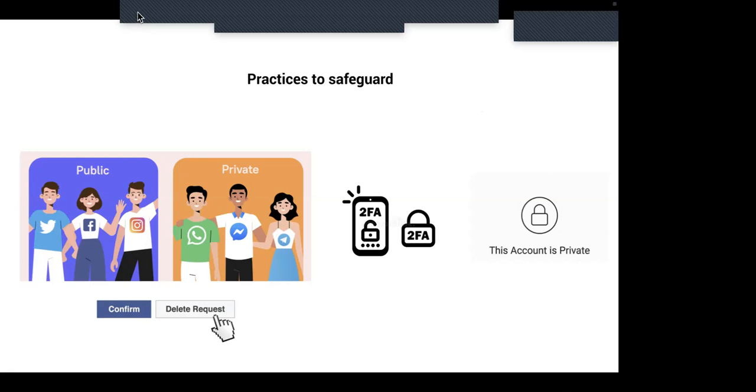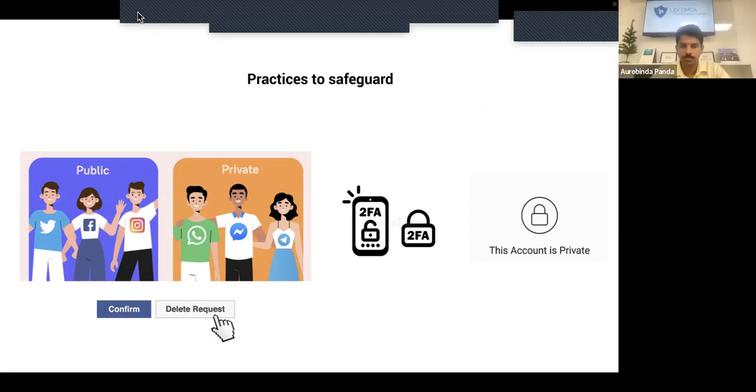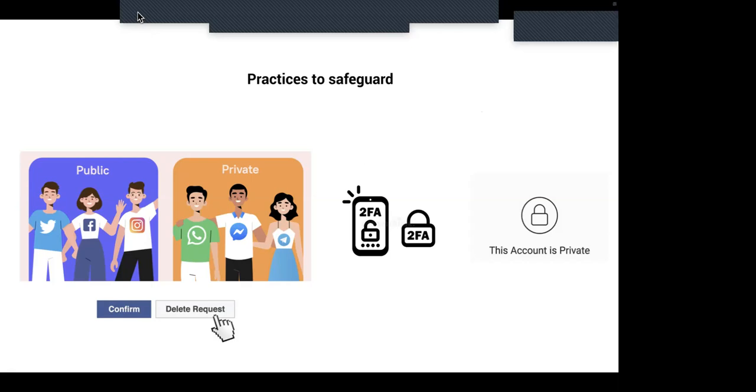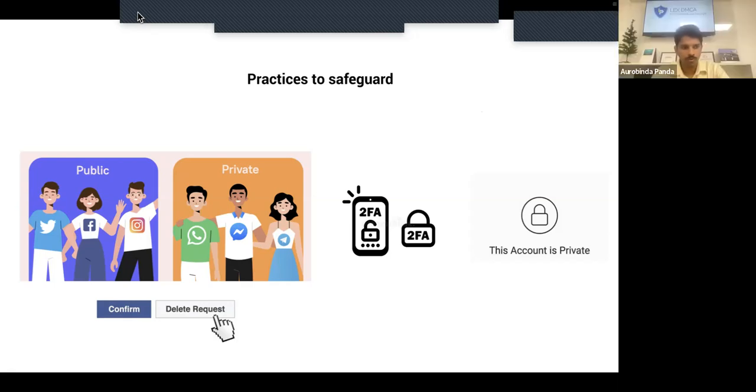Sometimes on Facebook they do not take down the fake profile, or there is a delay in doing that. Is there any other way or any other remedy in which it can be solved? Okay, so fake profiles get delayed by Facebook.